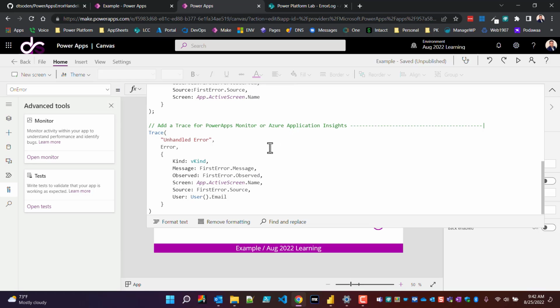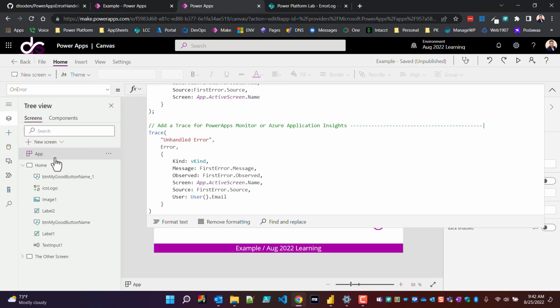Now you don't have to do both of these, but I left this in here as an example for you so that you can implement either one or the other. And if you want to, you can certainly integrate both of them. The other thing that it'll do is pop this information over to Application Insights. And for those of you that aren't familiar, go look at how to implement Application Insights specifically with Azure Monitor. And then once you've done that successfully, because this video is not about that and I don't want to digress too far into that,